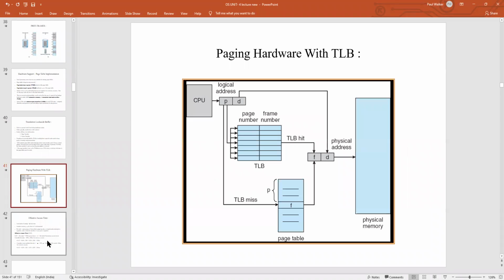So this is a diagram for explaining the paging hardware with the TLB. Here the CPU, having the logical address, will define and store the memory in page number and frame number. After that, the hit value is given for the particular